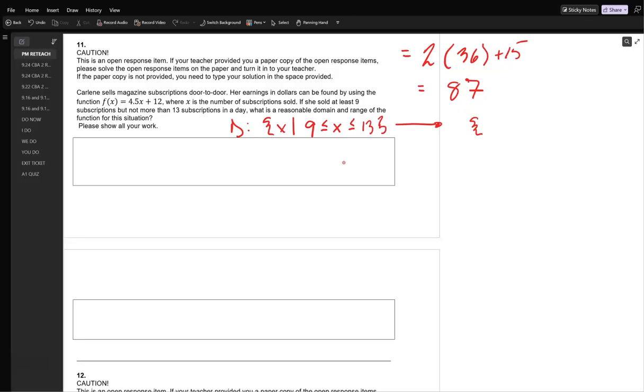allow yourself to reason that this is not a continuous function as much as it is a discrete y, because these are subscriptions, right? You're not going to have half a magazine subscription. So more appropriate would have been this description of the domain. Okay. So then when looking at the range, okay, we would basically plug these in, substitute these values in here. Okay, so we're going to go